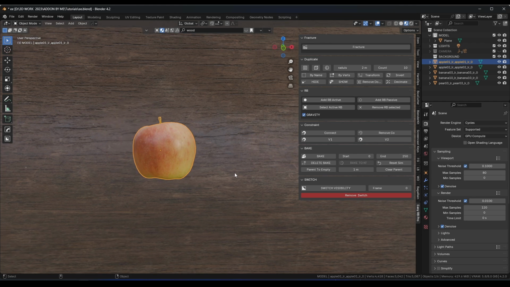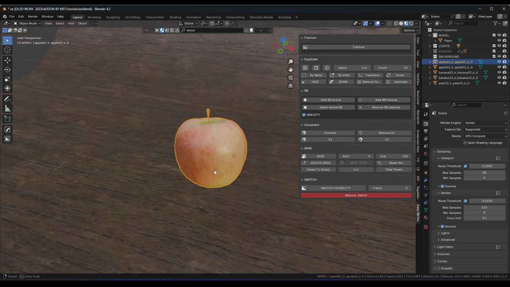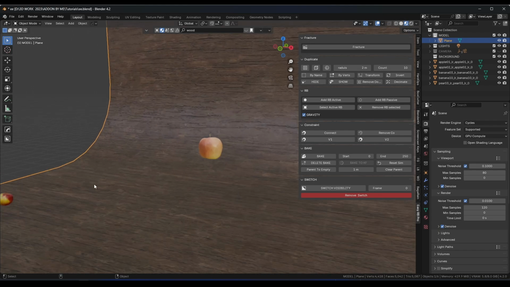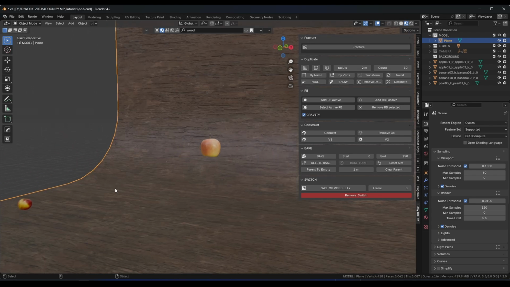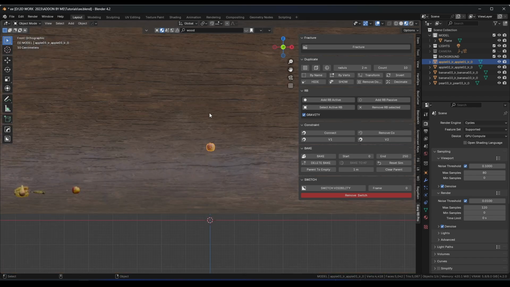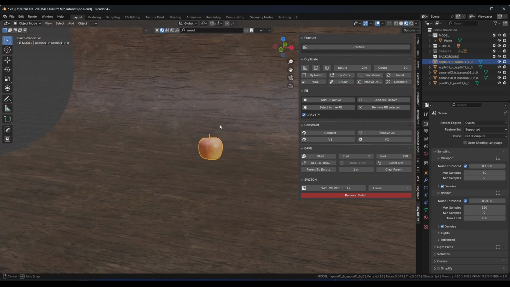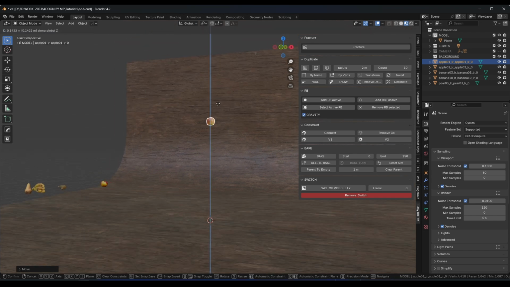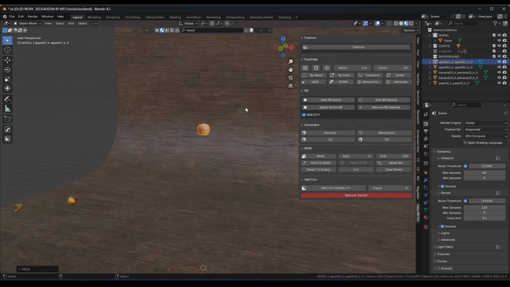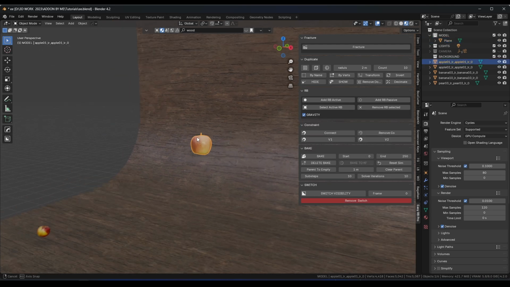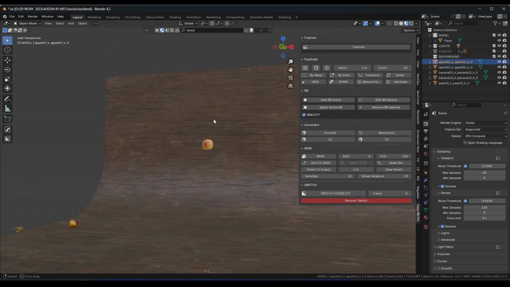So I will show you an example of how I use this add-on. So we have an apple right here, and we have a ground, and we have some fruits right there. We're gonna use them later. So I want to drop a lot of apples on the ground. So what I'm gonna do, I'm gonna select and move this apple up a little bit, and we're gonna select this ground and give it passive rigid body, and we're gonna select this apple, and we're gonna want to duplicate